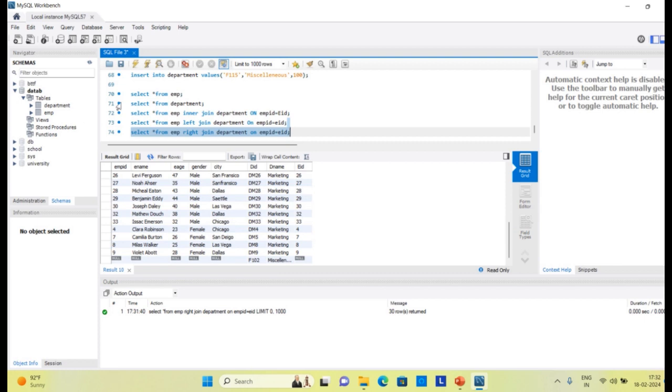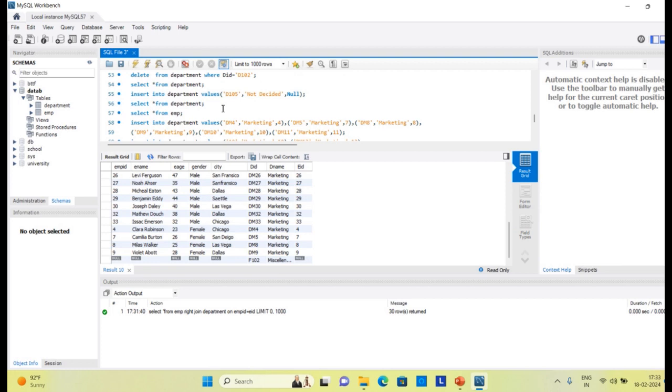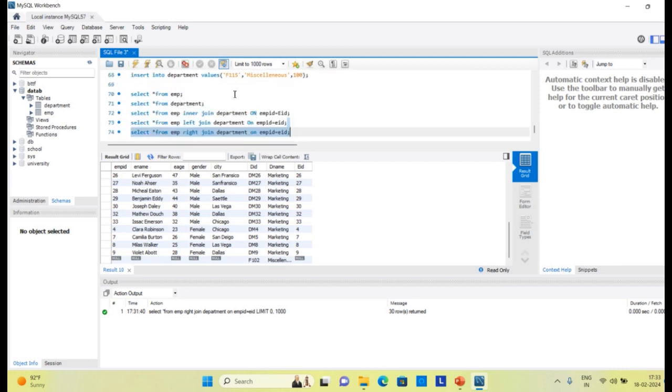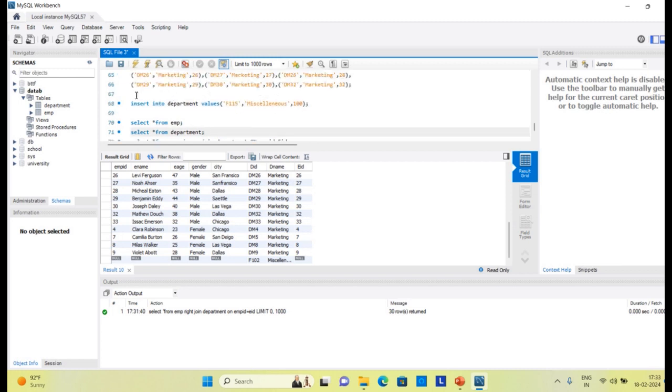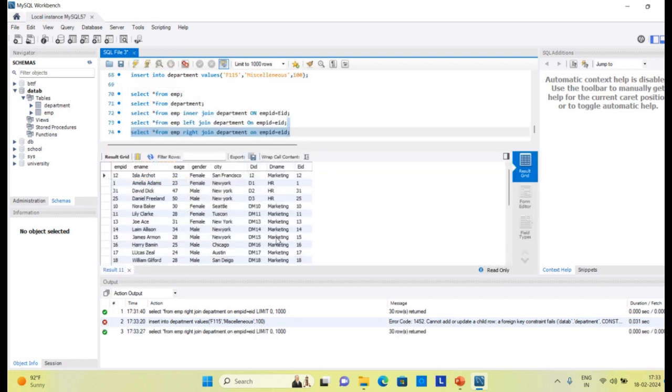As I do here, I insert into department values D105, null, F102 and miscellaneous. But if I try to enter any data like 100 or miscellaneous F115, I can't do that. Previously I entered the data F102 and miscellaneous, so I am able to update another row of the foreign key table.